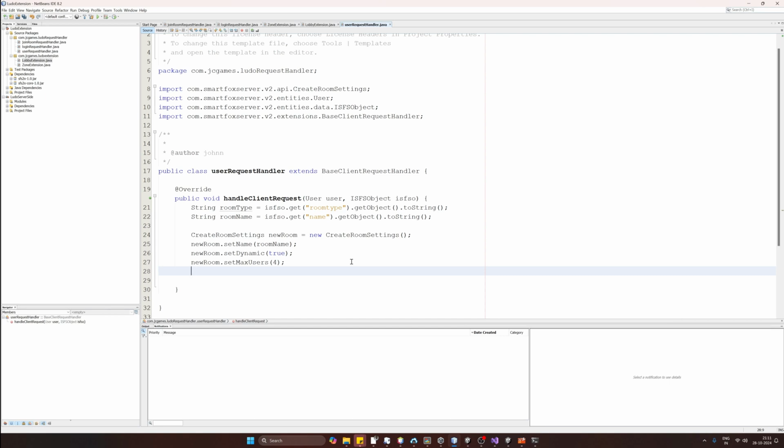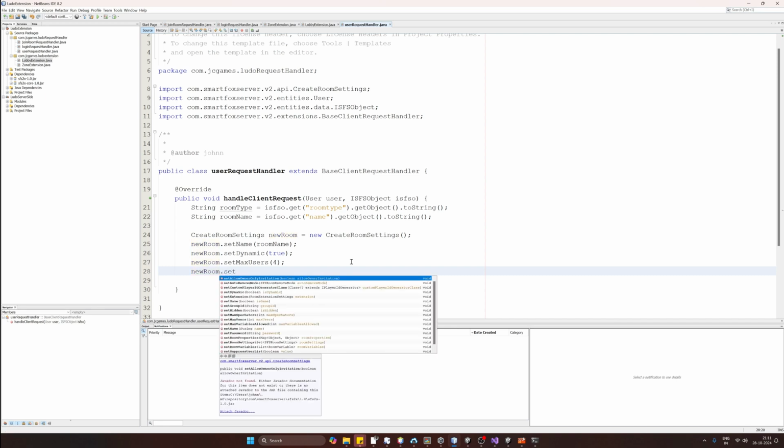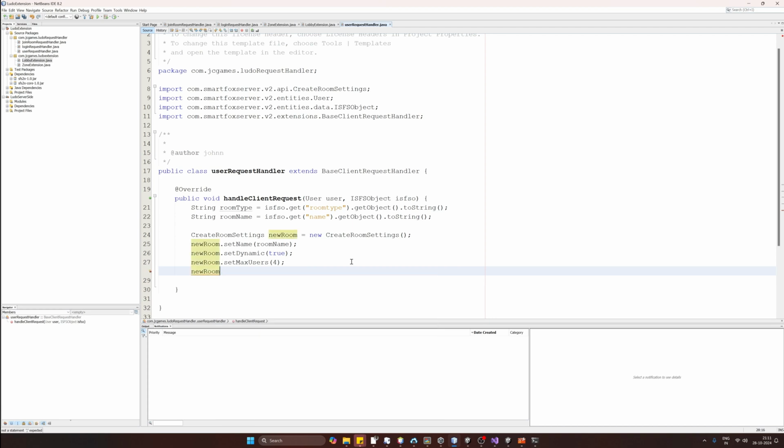Now we create the final step, to create the room. Just make our new room settings. Also we are able to set an extension for that room, which we will do later. Just make okay, room equals to get API, and